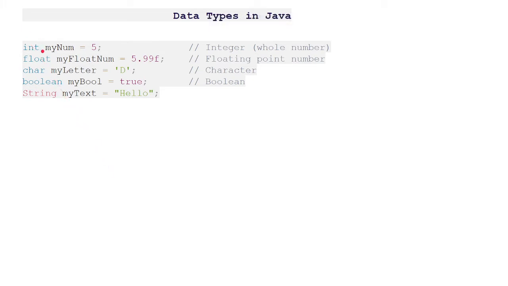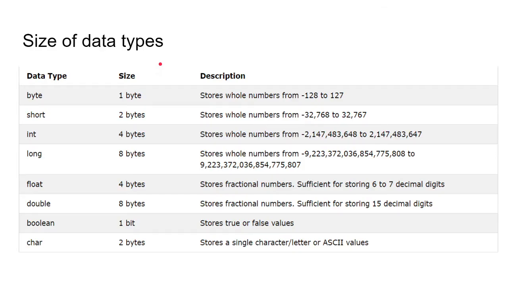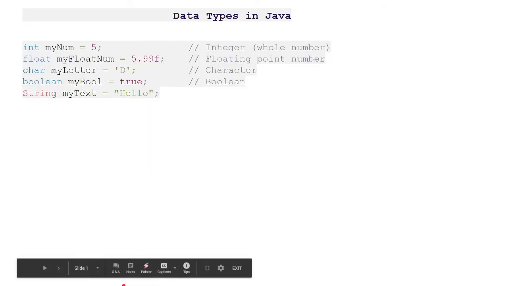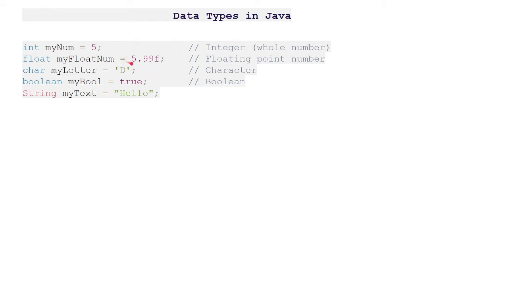For example, if you want to store an integer number, then number is 5, right? Integer, whole number. Then if you want to store a float, then 5.99, and then f is telling it that the number is actually in float format. Okay, so this is actually syntax. If you are storing in float format, then you should know that this is float.